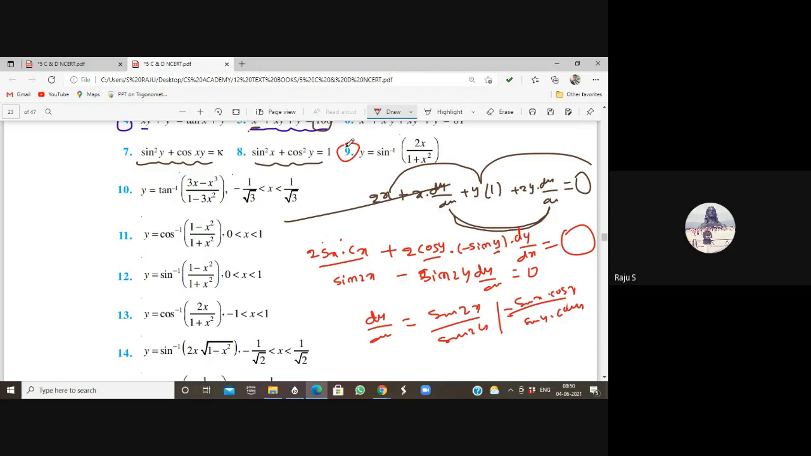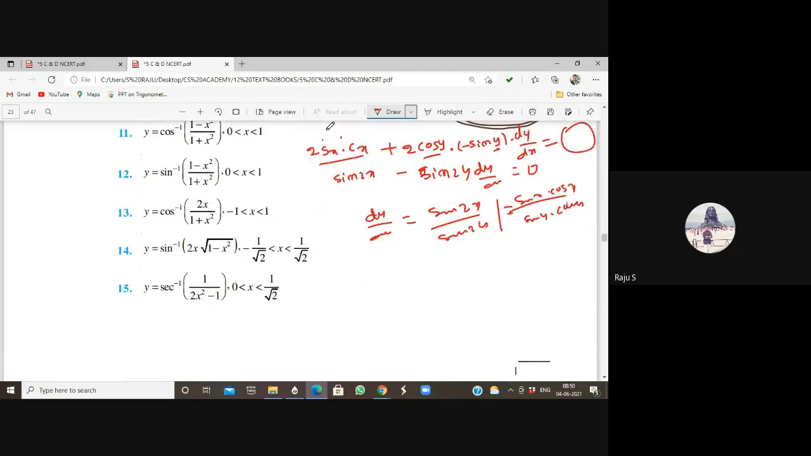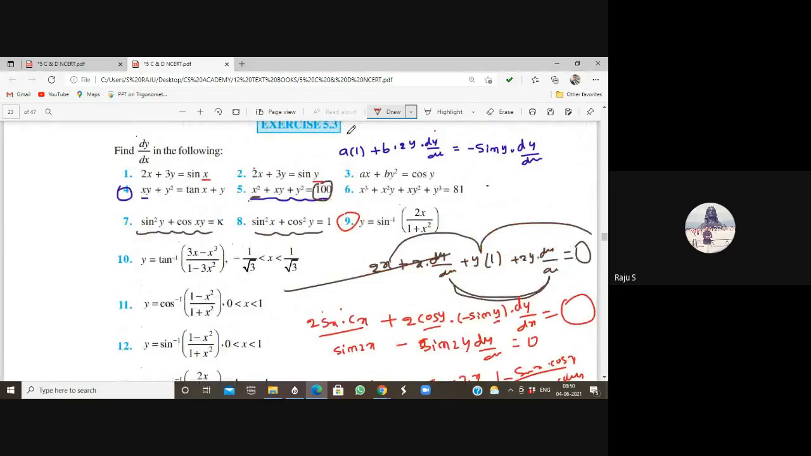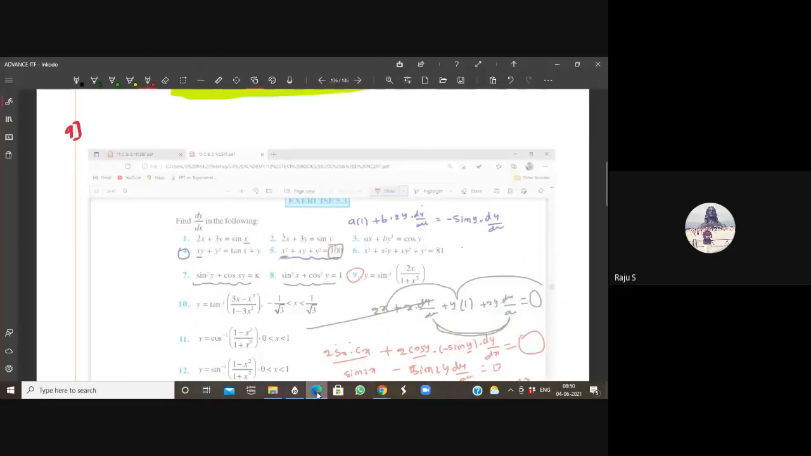Okay, question number 9. From question number 9 till the last question, we have to do it in 2 ways. What are the 2 ways? I'll explain. So what is question number 9? Question number 9 is y is equal to sine inverse of